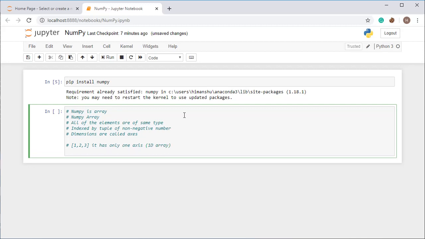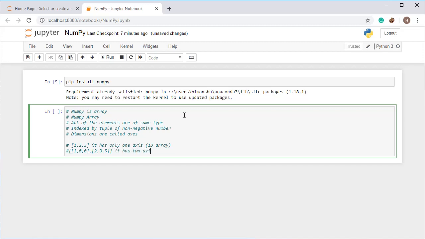Now let's consider a 2D array. For a 2D array it will be on two axes, so 1 0 0, and another one, let's consider, put a comma and write 2 3 5.